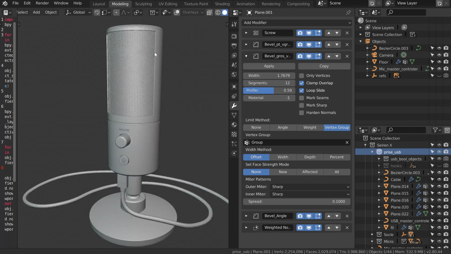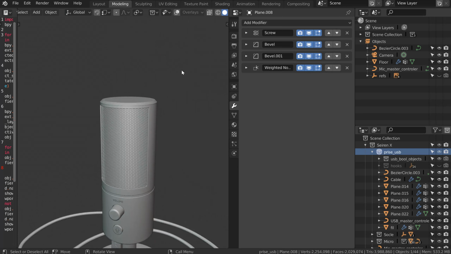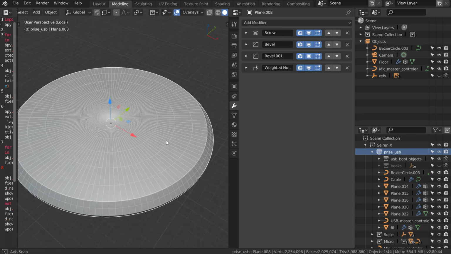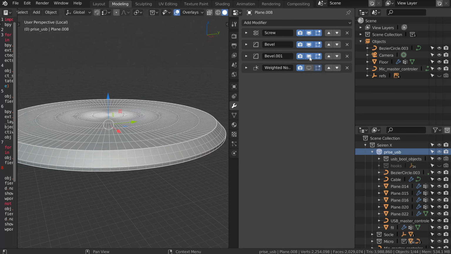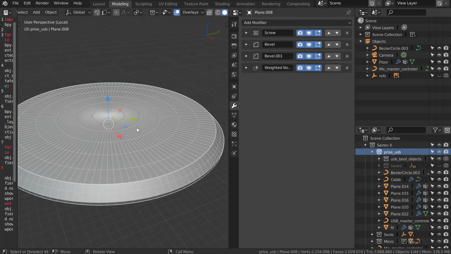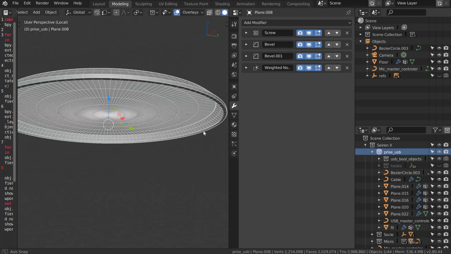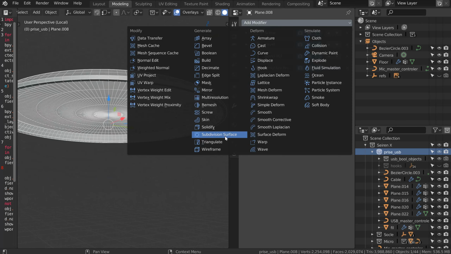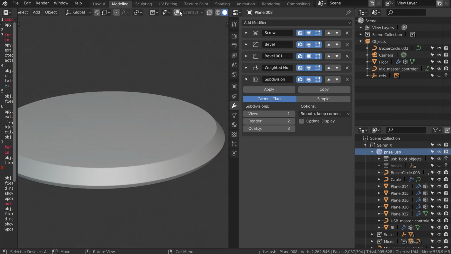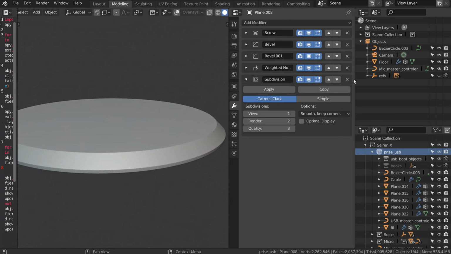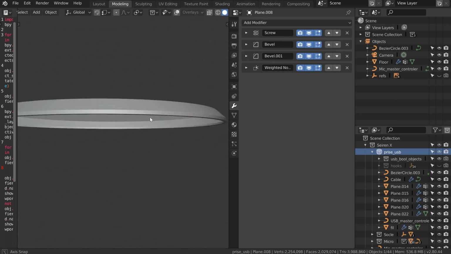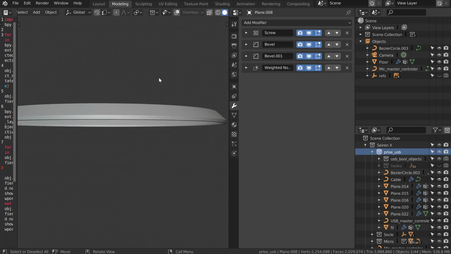Of course, on some objects like this one, for example, you can add subdivision surface because I made it correct. This one is just that, and I made it correct with Boolean, bevels, etc. And if I add a subdivision surface, I will have something perfect, as you can see. So in this case I really don't need subdivision surface. I have the same result.